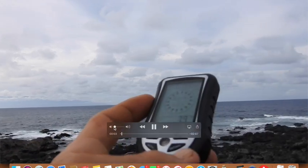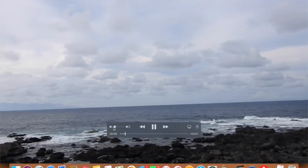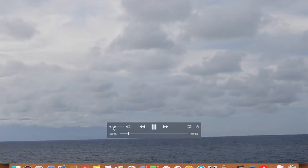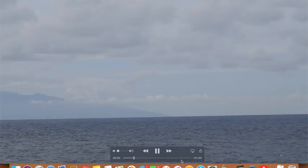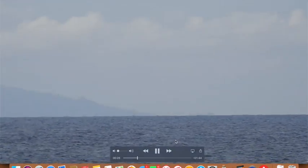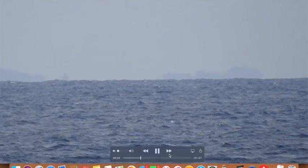I'm up at 39 feet. And the good thing about Hawaii, it's got tall islands, especially the Big Island where I live is very tall, so we can see far away if the clouds will allow us. So I went up 39 minus 6, and I went up 34 feet, 35 feet,